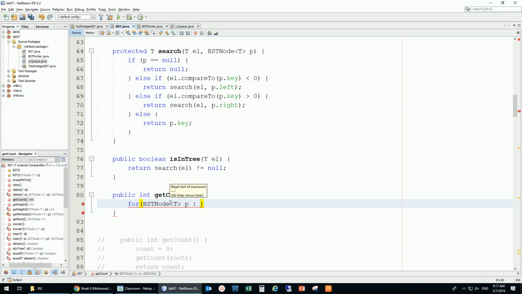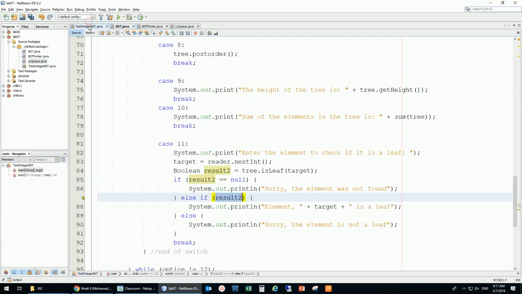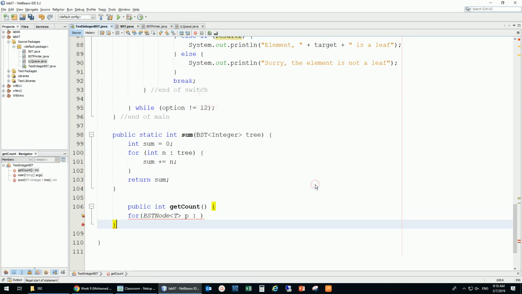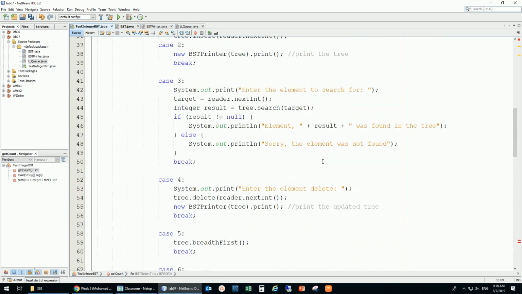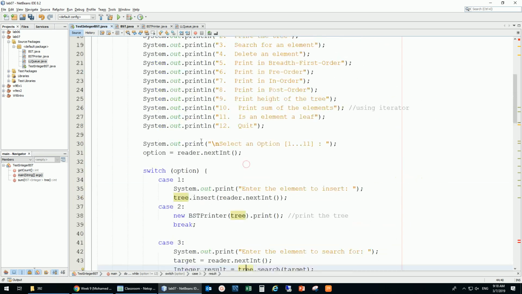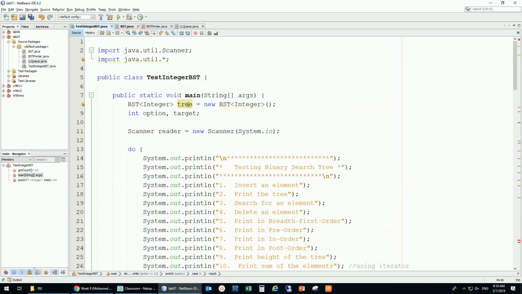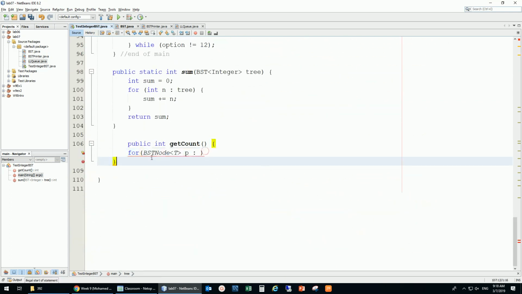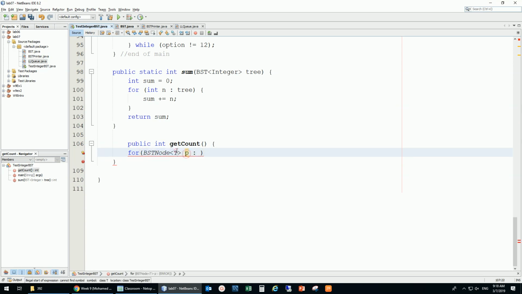This for each can work if we are in the main and we already have a tree, then we can do that. But I need to have a list. Where is the list going to come from? We have the class, we don't have the list yet. Here, if I'm using it, then yes, I can have a for each somewhere, because now I have the tree. This is the BST tree that I'm having. Now if I'd like to have this for each element from the tree, then I can do something, but I need to have this node of integer from the tree,